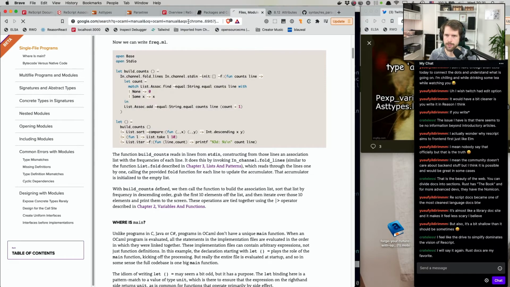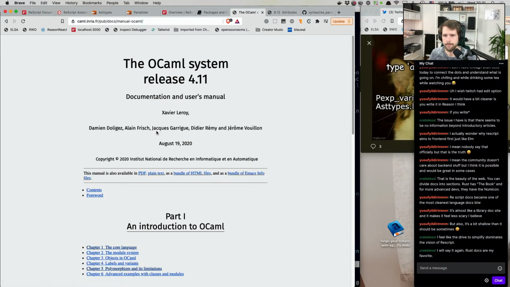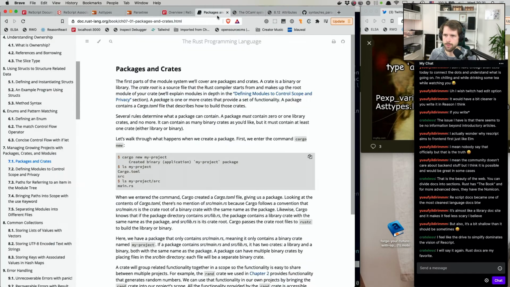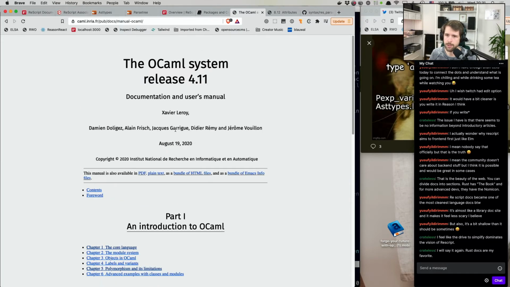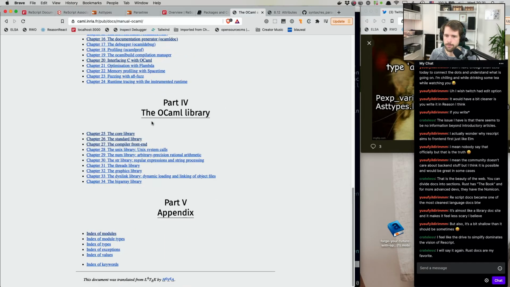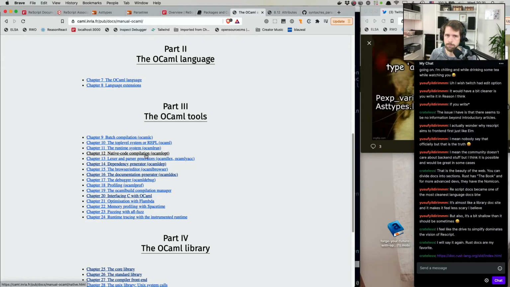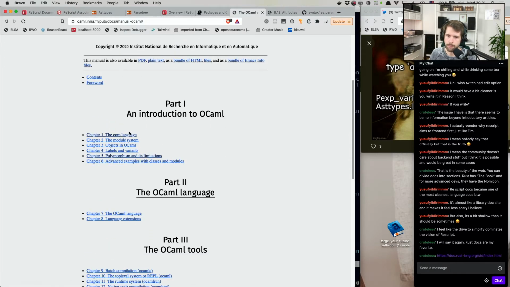I think if OCaml would organize their docs like this, it would also be easier to navigate. Just as a comparison, how the OCaml manual looks like. It's like this. I mean, it's a great overview. Now I get it. Now that I'm working on compiler internal things, I get this manual much better. I understand what they're going for, and I understand that they want to keep it simple. And they also probably don't want to reinvent the whole docs every few years again. So it makes sense. But